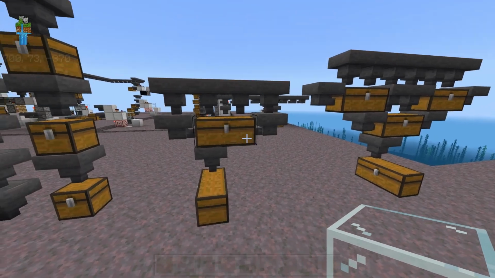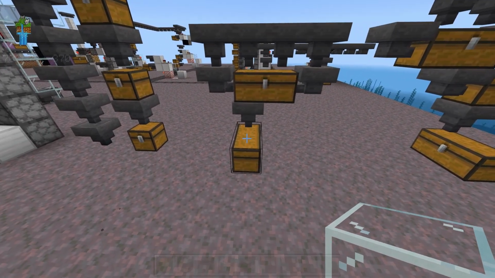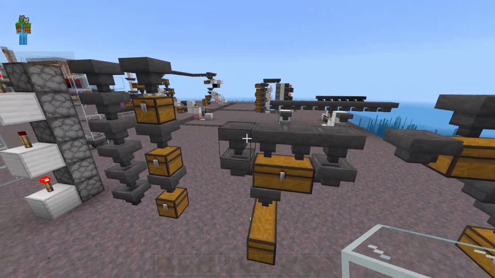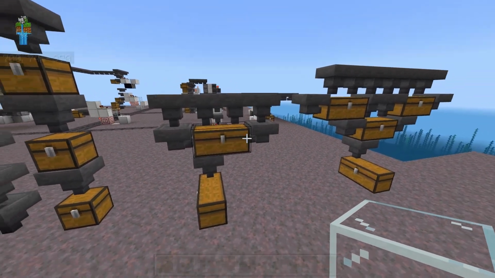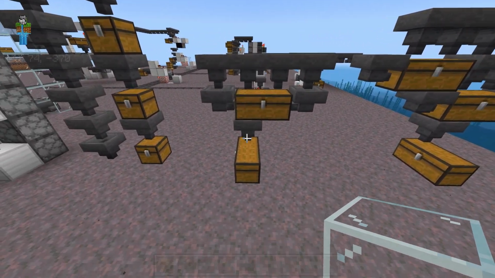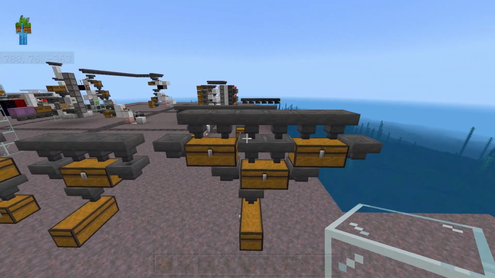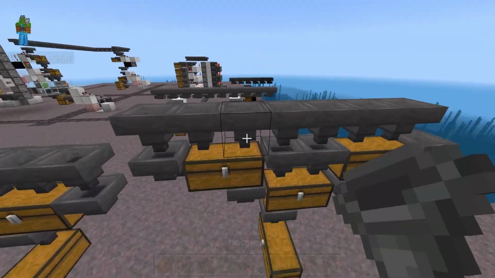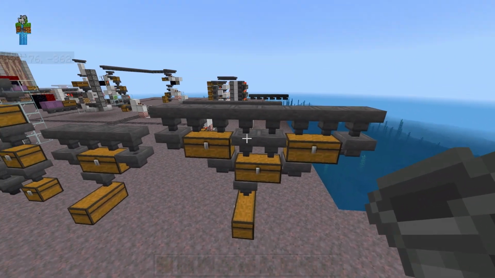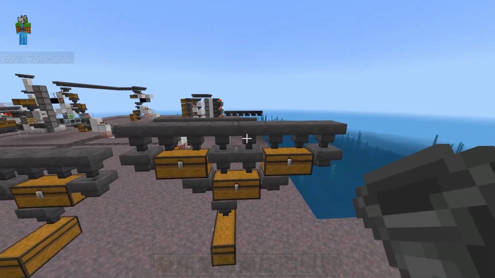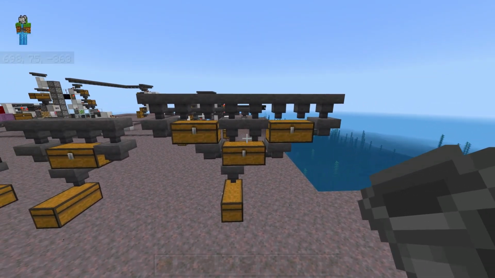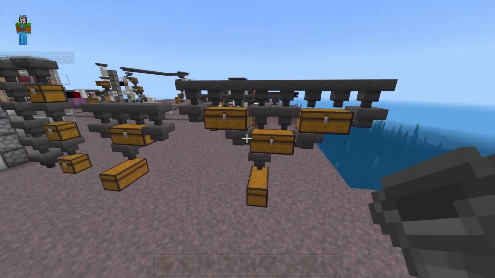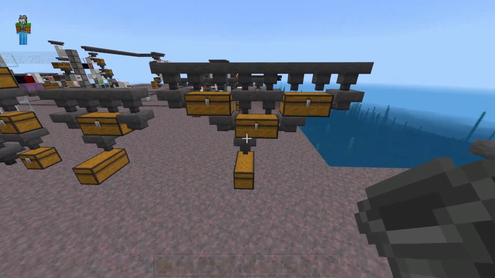And while we're on the topic of moving items around, it's also good to note that you can combine different item sorter cells into a single chest. Like this could be 4 different item sorters, all funneled into the same chest, just by using hoppers and chests to redirect the items. And really, you could go as big as you want to. You could sort all of the different types of dye or all the different types of concrete down into a single chest using standard item sorters. And a lot of times, this is the method that I will use to sort similar items together.